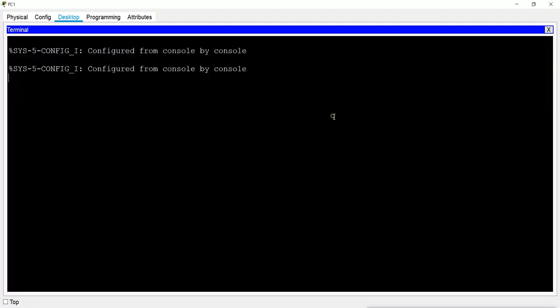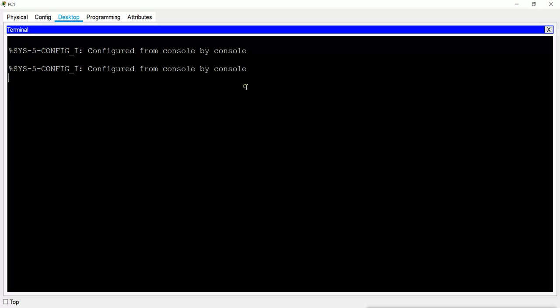With the default settings, I will click OK, and now you see it is not showing anything. Now I will press enter to log in and see what happens. Is it asking for the password or not? It is already saying here that it was configured from console, by console. That means the last configuration we did was on the console port.